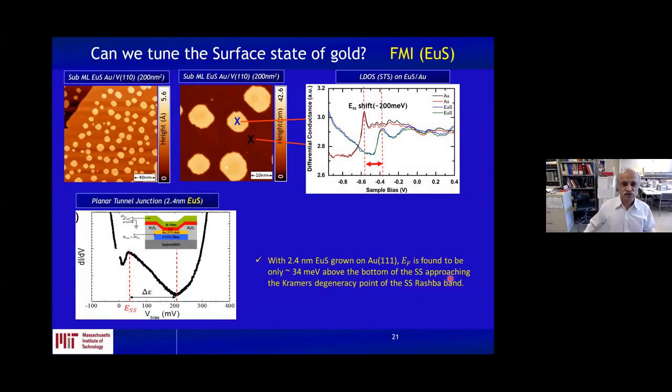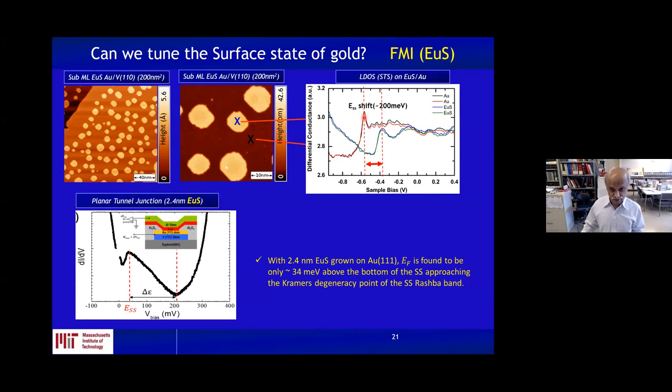Now, the next thing is, of course, how to move the Fermi energy. Fermi energy is moved by adding europium sulfide, as you see here. We have a very thin layer of europium sulfide, on the order of 1 to 2 monolayers. When you do that, we form islands of the europium sulfide on the gold. You have the islands, then you can do the spectroscopy on the island and away from the island directly on the gold. You can clearly see when you do it on just bare gold here, you see the typical 0.5 eV